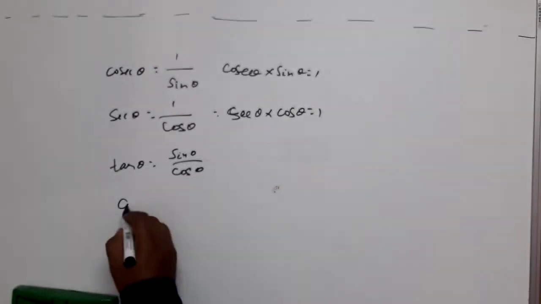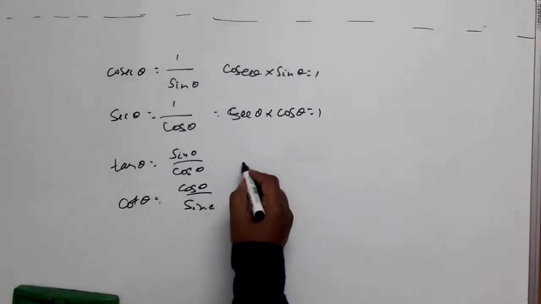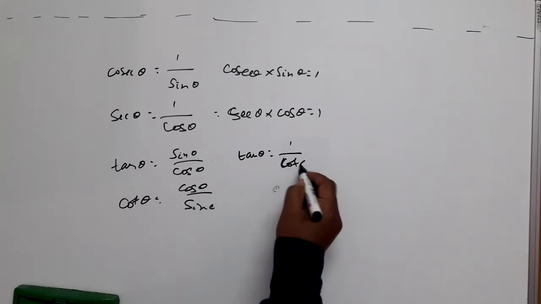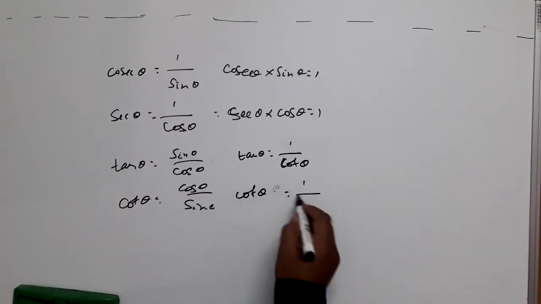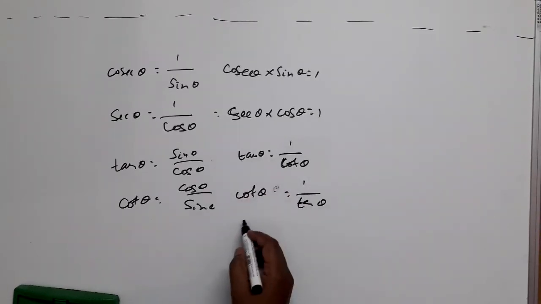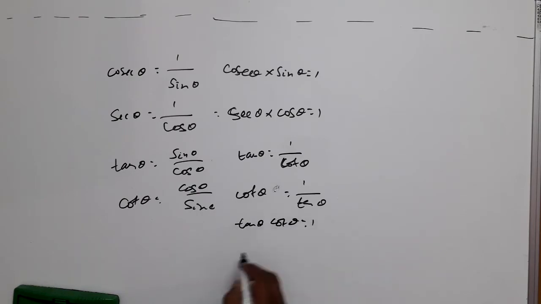Yes. In the same way, what is tan theta? Sin theta by cos theta. What is cot theta? Cos theta by sin theta. They are reciprocal of each other, right? So can I say from this tan theta is 1 by cot theta? In the same way, cot theta can be written as 1 by tan theta. So from this, can I write product of these two equal to 1? Yes. Tan theta multiplied by cot theta is equal to 1. All these relations we can have, right?